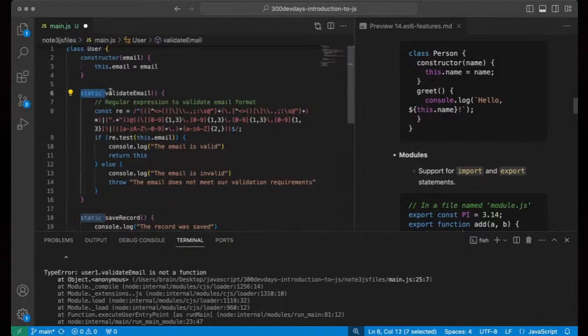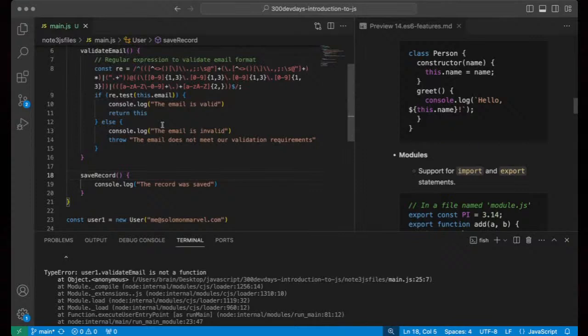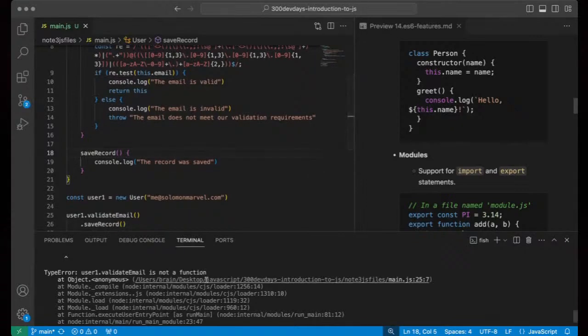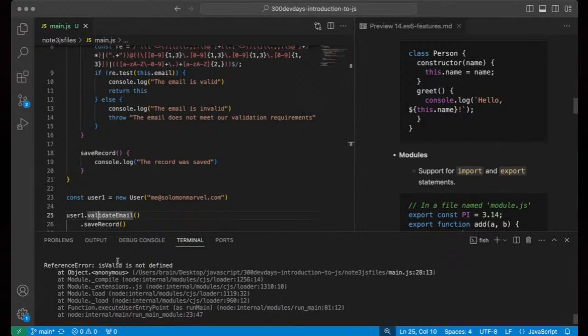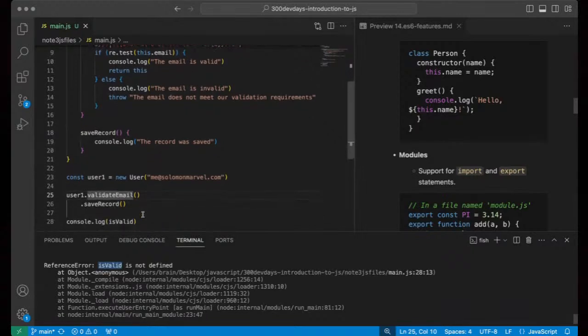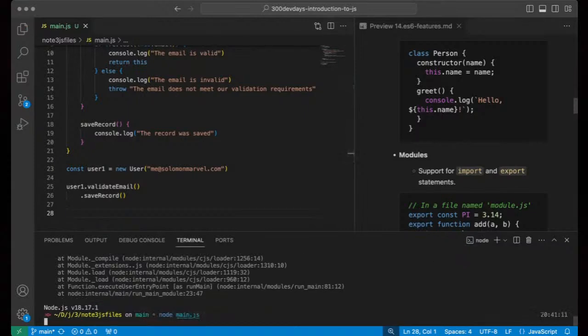If I'm using a static method, I can just call user.validate without necessarily performing that initialization. Here we added a constructor, and we perform that initialization, which is the major reason why we want to work with this pattern. So now that you have user1.validate, we have an error. It says isInvalid is not defined, and that is correct because we changed that already, so we have to delete that line of code.